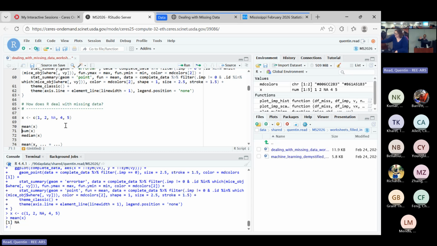Now, this is frustrating sometimes for people that are just getting started out with R. If you have a million values, but even one of them is missing, and you try to take the mean, the mean is also going to be a missing value. Some people are annoyed by that. It's like, well, why doesn't it just automatically get rid of the missing value and calculate the mean of the non-missing values? But I think all in all, it is desirable for it to do it this way by default